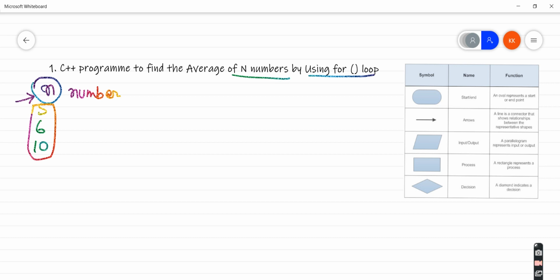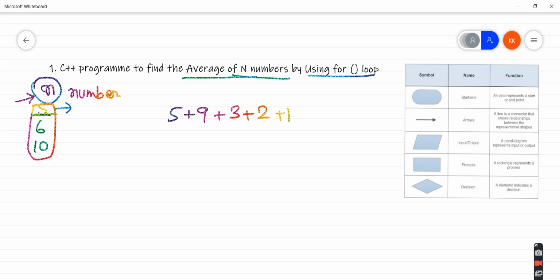Let's say the user enters 5 numbers. Our next task is to find the average of n numbers. In general, how do we find the average? We find the sum of the numbers divided by the count of the numbers. Let's say the user has entered 5 plus 9 plus 3 plus 2 plus 1.